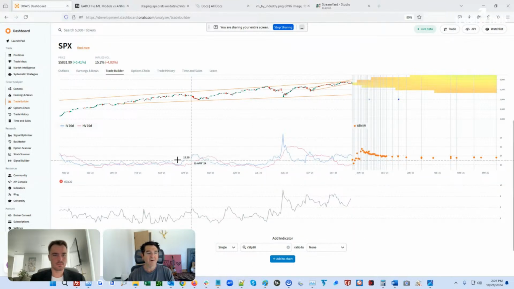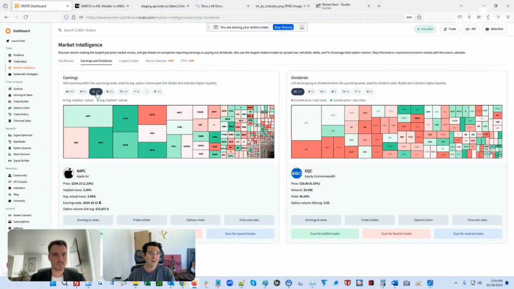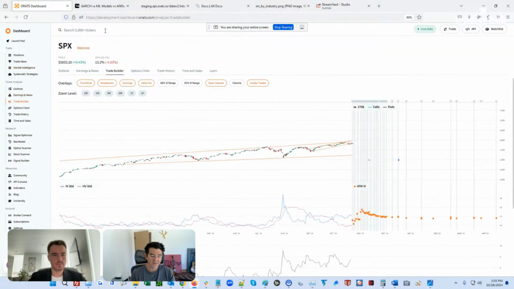Well, we have been at this for a long time with stocks that have earnings coming up. So we could go to the earnings and we could see, let's see, Tuesday AMD is coming out. So these are all the earnings stocks. If they're red, that means that the actual move is below the implied move, or it's a sell. So that's how we'll look at it. So if you look at AMD in the trade builder too,